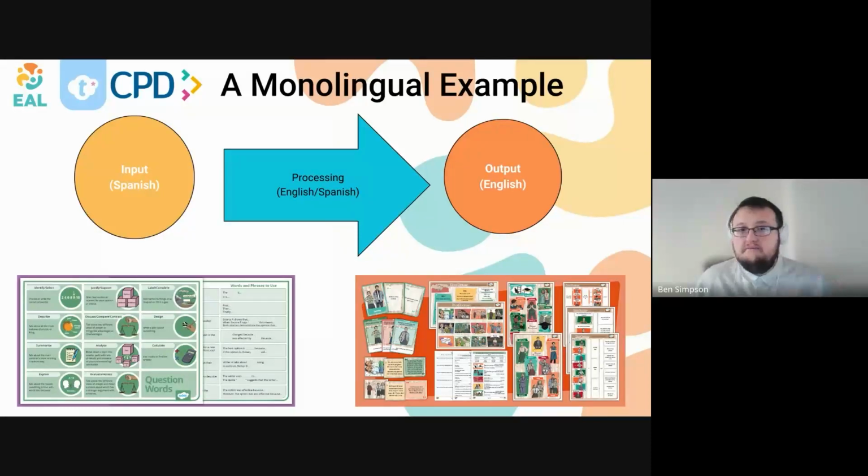This works the same when we're thinking about a multilingual speaker. So prior knowledge, such as character descriptions, historical events, and definitions, are being processed and presented in a complex process. The same technique we would use in a monolingual class, like word banks and scaffolding, can perfectly help multilingual EAL learners too. So things like reminding EAL learners about what question words are, what they ask these question words to do, what their purpose is, what they need to interrogate or properly answer this question.